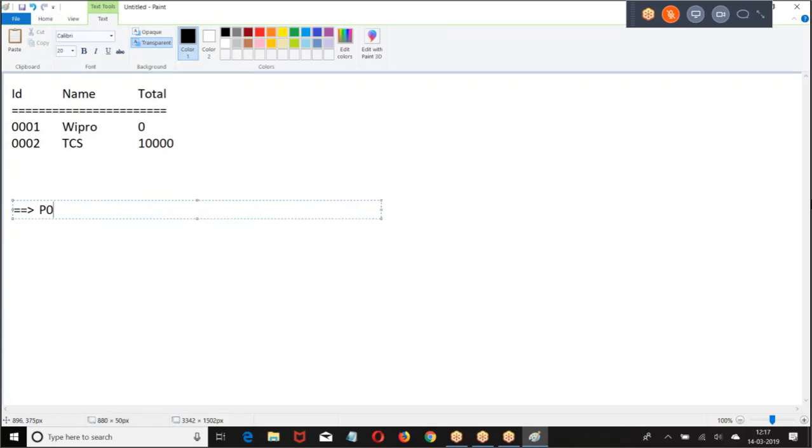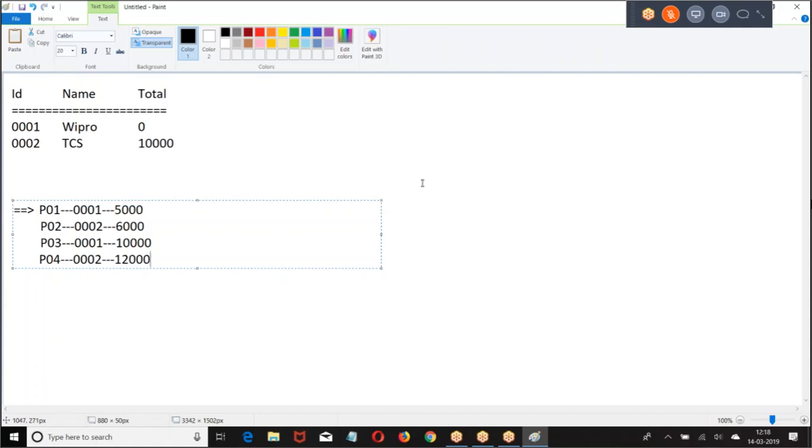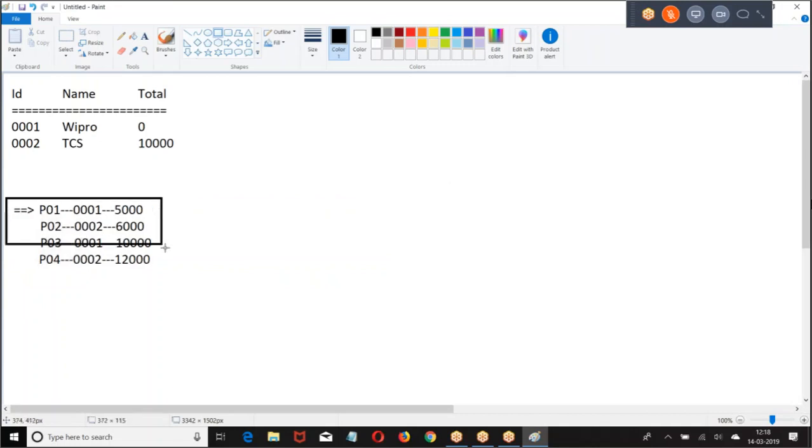I'm going to insert the following parent records: P01, this is the data we have. This record we are trying to insert. All these records at a time we are trying to insert.